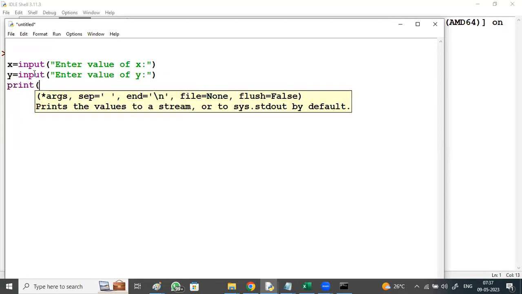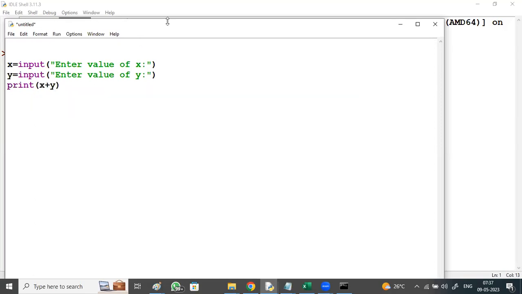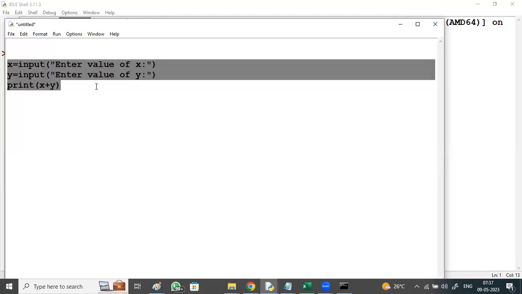This is the coding in Python for the same task we saw in Java.